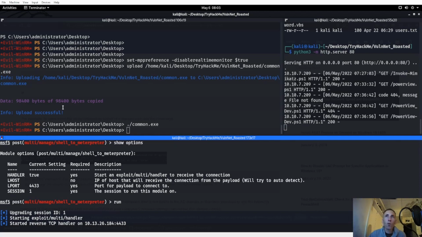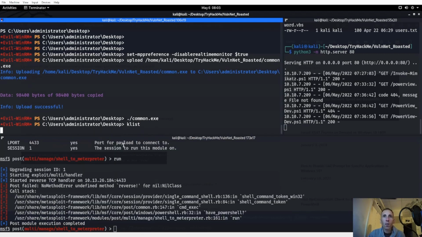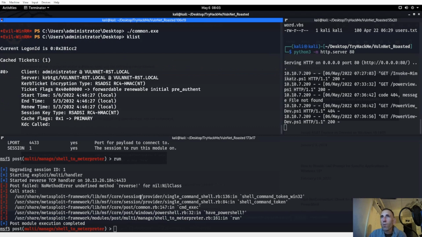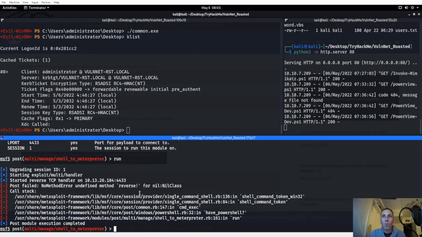It looks like it worked. It really does. It looks like it worked. We do know that we do have our, ooh, okay. We got a little problem right there, huh? So we do know that our golden ticket worked, but shell to meterpreter does not want to work. So let's actually go ahead and background